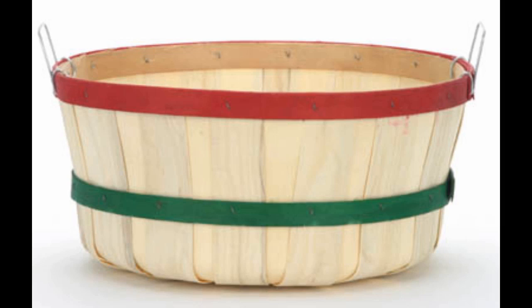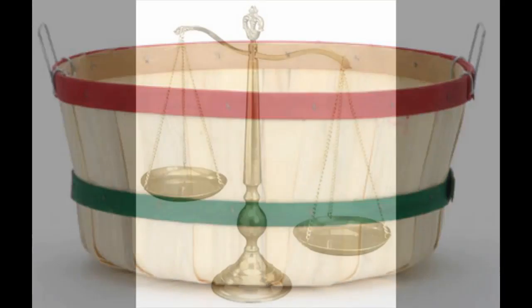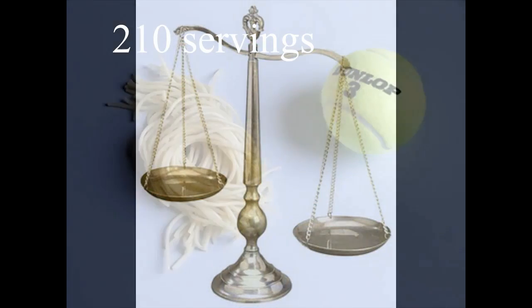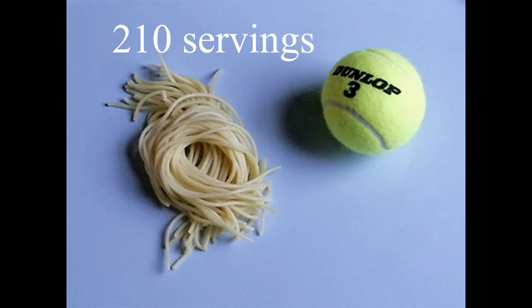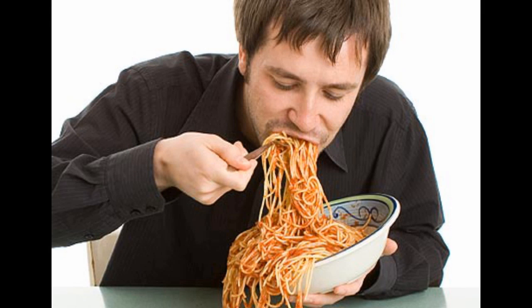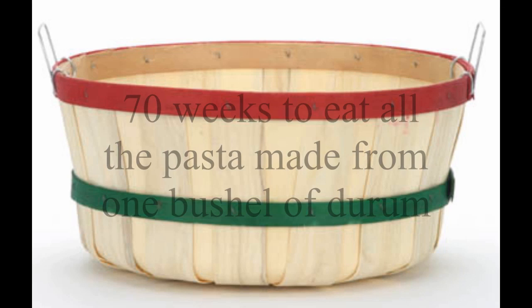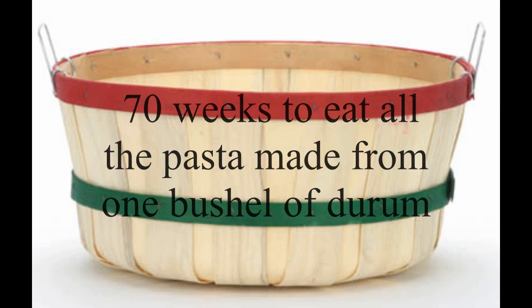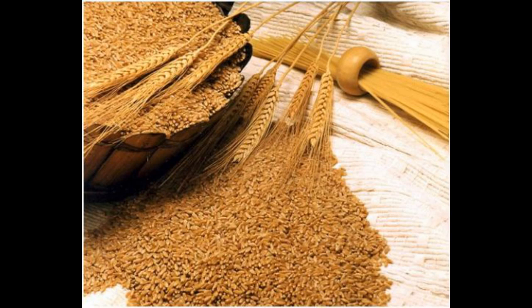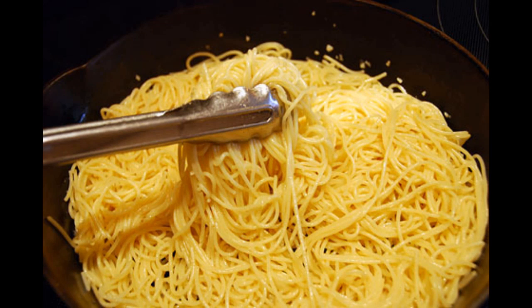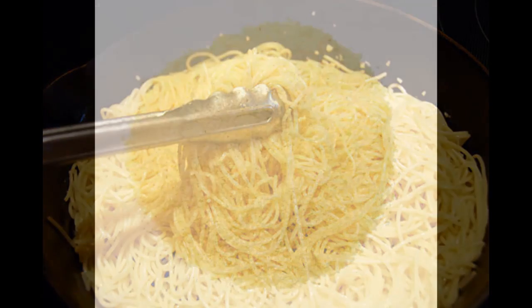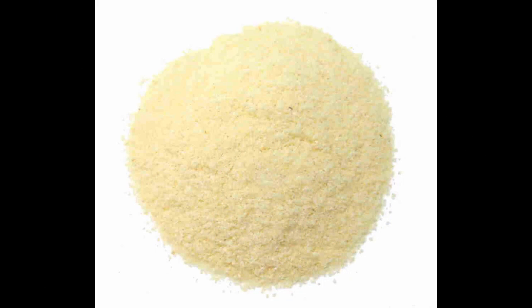A bushel of wheat makes about 42 pounds of pasta, or 210 servings of spaghetti. If you eat pasta 3 times a week, it would take 70 weeks to eat all the pasta made from 1 bushel of durum. Durum wheat is used to make pasta because of its hard nature, which produces a firm cooked product. Semolina is coarsely ground durum,